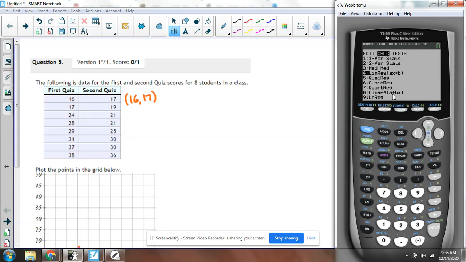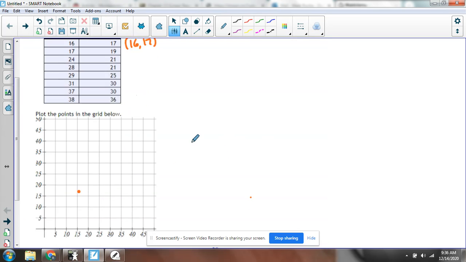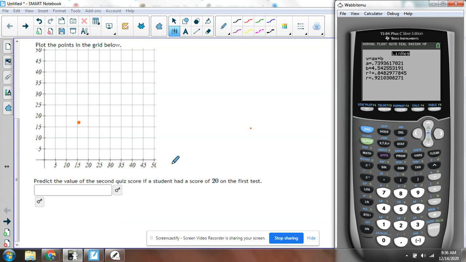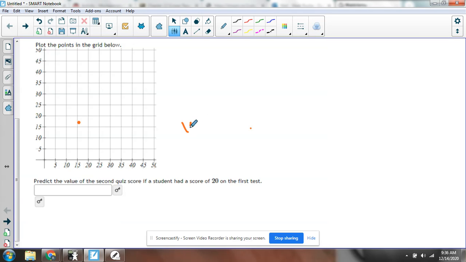AX plus B. Don't use 8. They're kind of the same thing, just reversed. Stick with 4. So that says my X list is coming from L1, my Y list is coming from L2, and I'm going to calculate. All I really care about is the A value and the B value. So let me write this down. I have Y equals